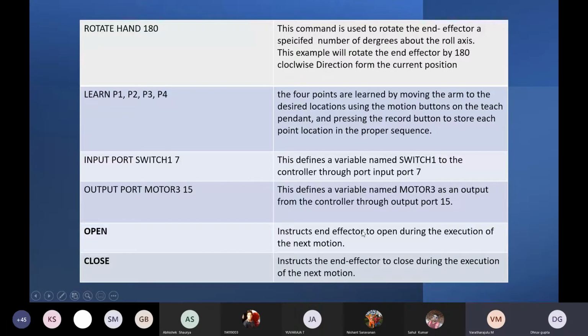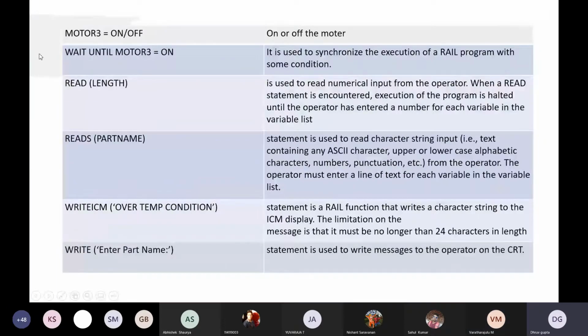The OPEN instruction opens the end effector during the execution of the next motion, and the CLOSE instruction closes the end effector during the execution of the next motion. MOTOR ON and OFF will turn the motor on and off.